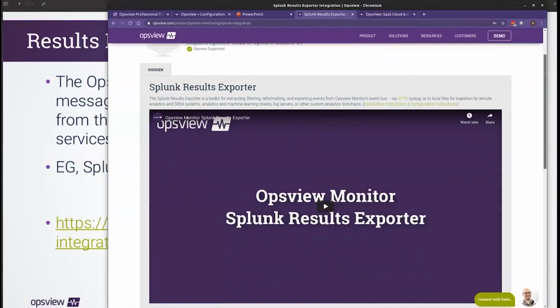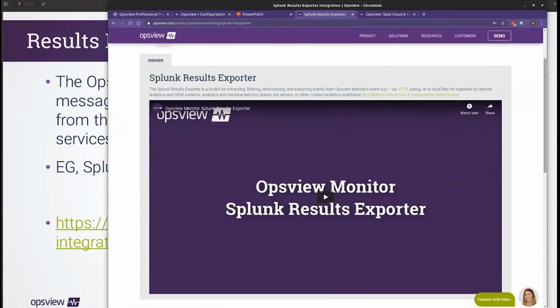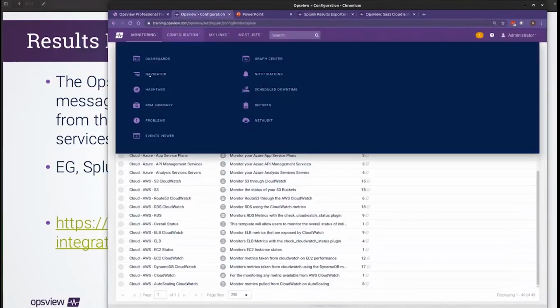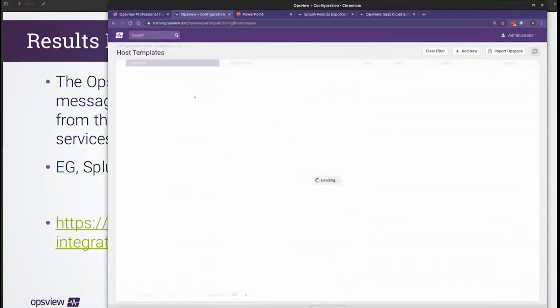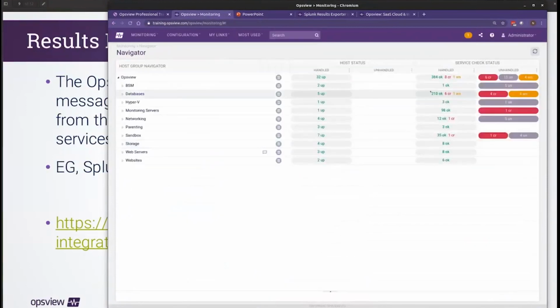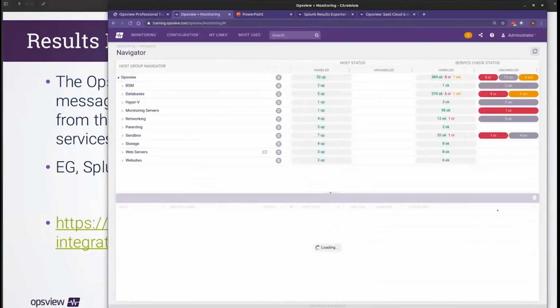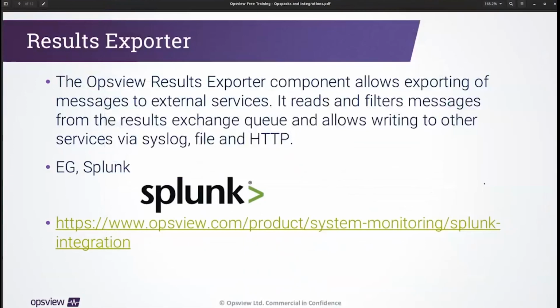But what this powerful little tool does is allow us to send all of our service check results, so everything that I see on this page here, send all of this to either a log file or a SIEM tool or anything like that, to an HTTP endpoint or syslog,